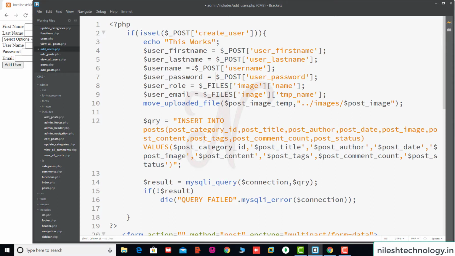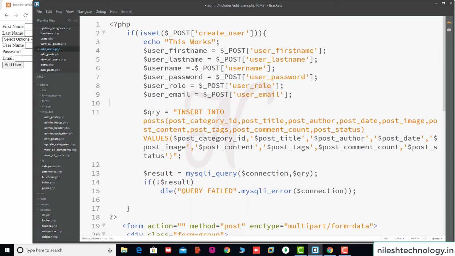Here copy this one, dollar underscore post, this is the user role, and this is the email ID.